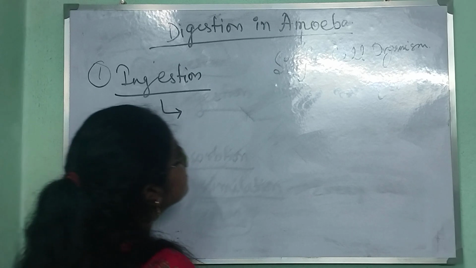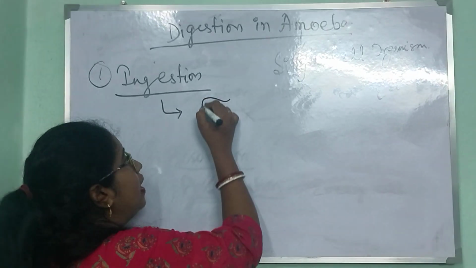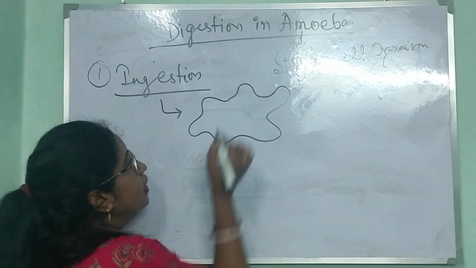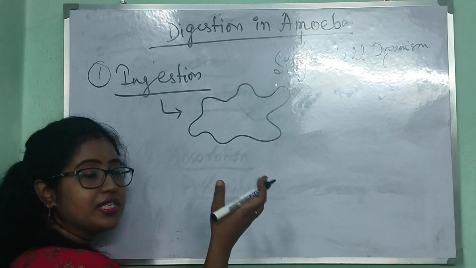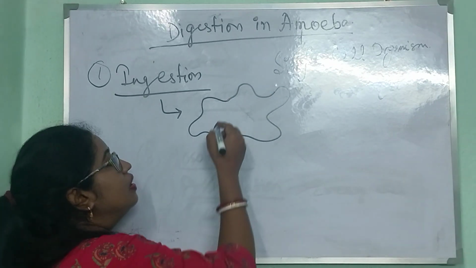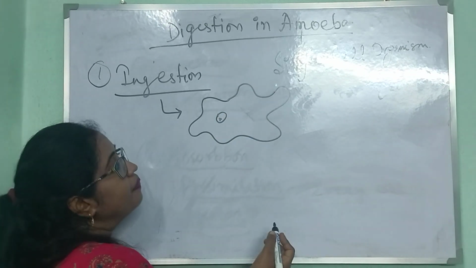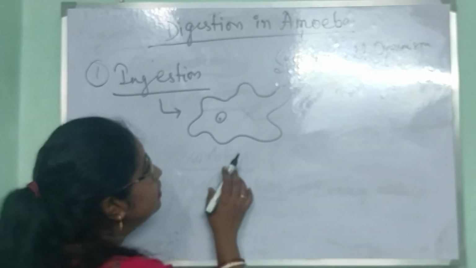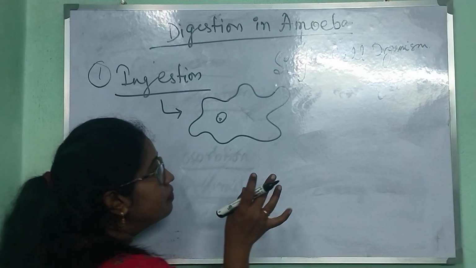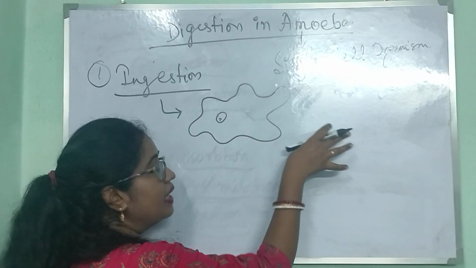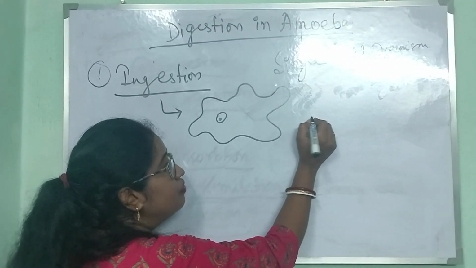In this process, amoeba actually looks like this. They don't have any definite cell structure. This is the nucleus. When amoeba feels that its food material is nearby,